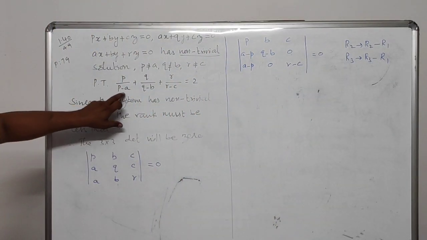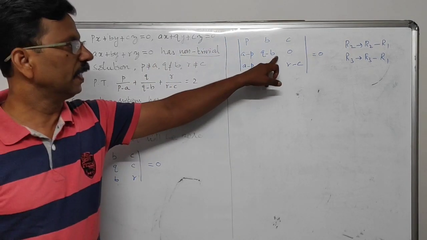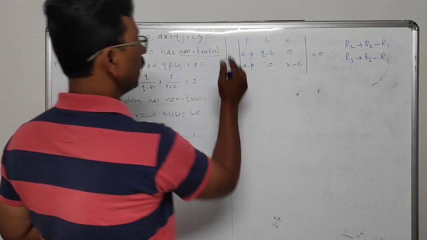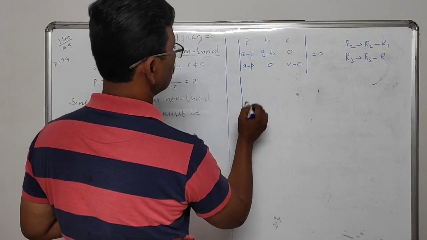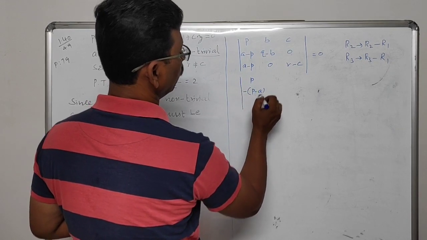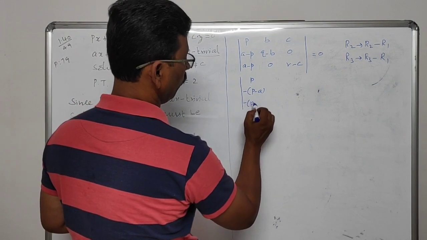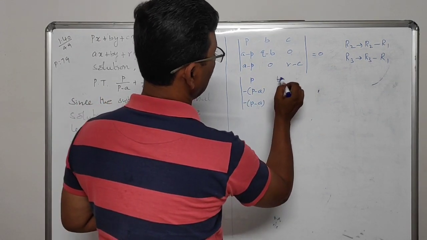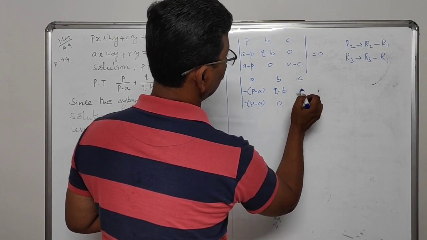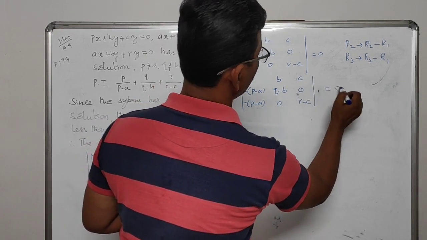See, in the denominator we have p minus a, we have a minus p, the sign is changed. Then q minus b, we have q minus b. Then r minus c, we have r minus c. Therefore, it is better to write like this. Take the minus sign commonly outside, then you will get p minus a. Minus p plus a, this same thing. Therefore, you can write this also as minus of (p minus a). Then you can write the other two columns as such, q minus b, 0, then c, 0, this is r minus c, which is equal to 0.